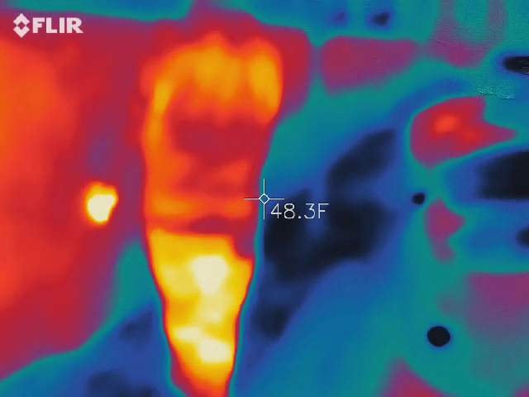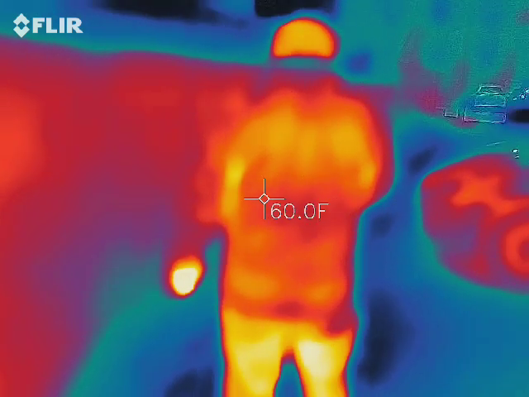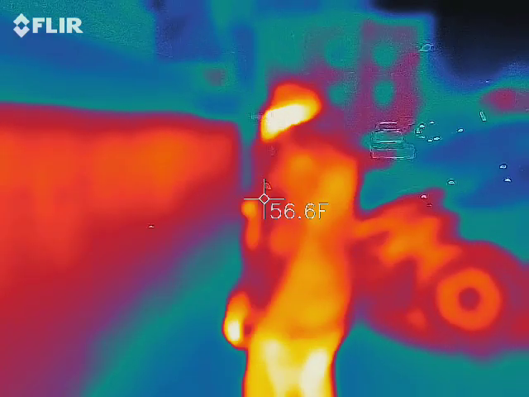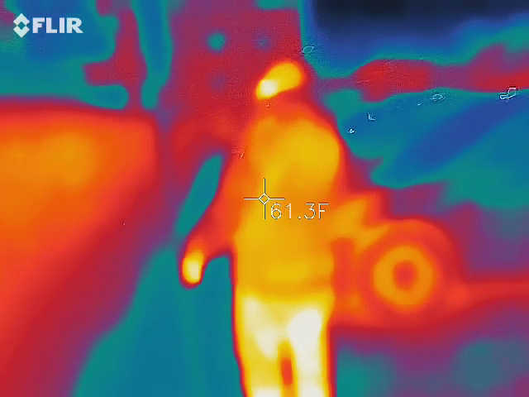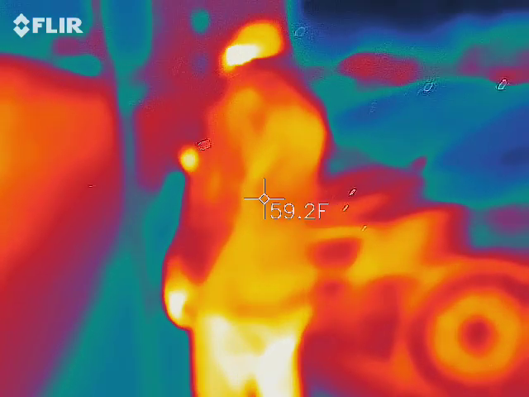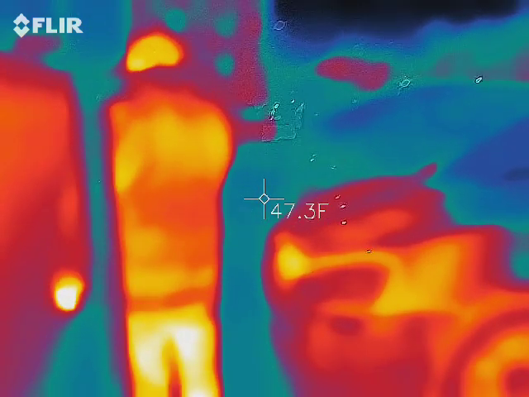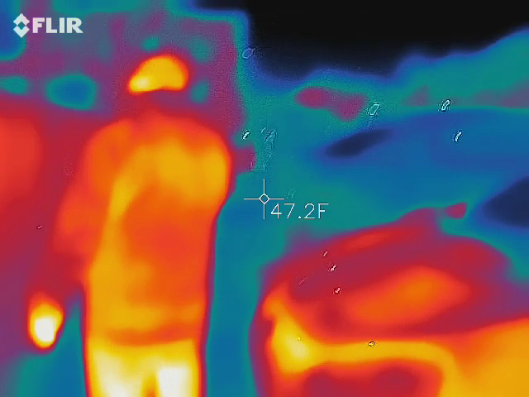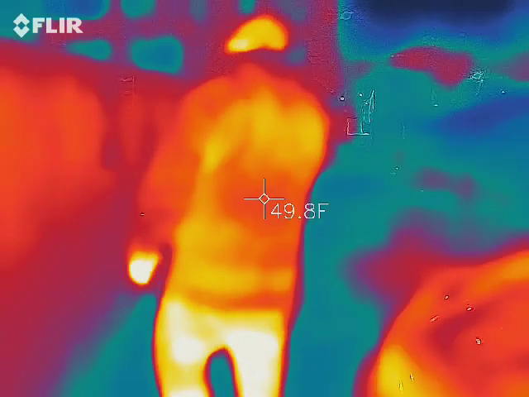Yeah, I'm within a couple degrees. Yeah, I'm running somewhere around the 55 range.